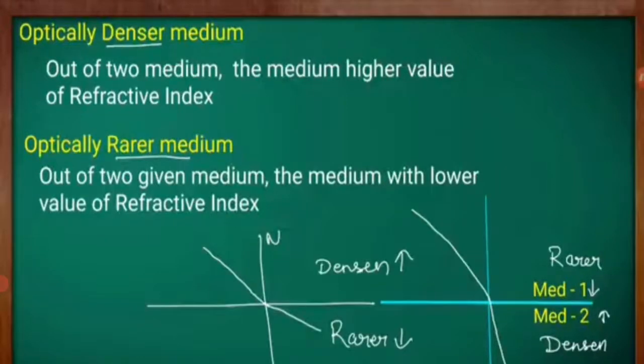If suppose we consider a denser medium to that of the rarer medium, if the light travels from denser to rarer, then the light ray gets refracted. In such a case it is moving away from the normal. Here you have observed the two cases. When do we say optically denser and optically rarer medium? Wherever the medium has a higher value of refractive index, it is called optically denser. Lower value of refractive index, it is called an optically rarer medium. Wherever the light travels from rarer to denser, the refracted ray is bent towards the normal, and wherever the light ray travels from denser to rarer, the light ray gets refracted away from the normal. So these are the two concepts you should remember, children.